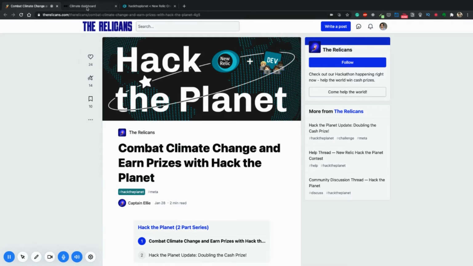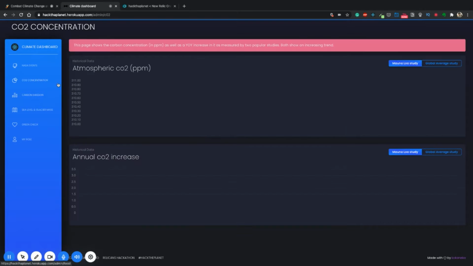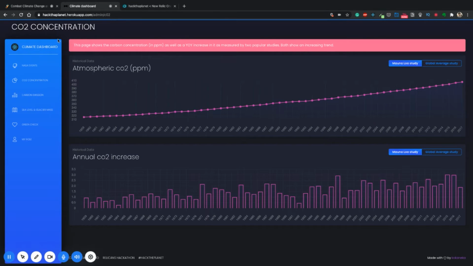So let's get started. This is an app that I have built, and I call it a climate dashboard. We will walk through it step by step and check all the features. Basically, it provides us observability over a few climate changes that have occurred throughout the years, and also gives us some insight into the current weather phenomena occurring all around the planet. Towards the end, we'll also look at some solutions we can implement to reverse the damage that has been done over the years.